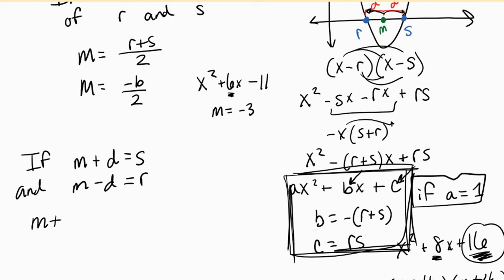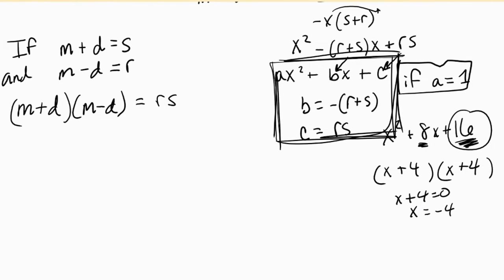And if it's the midpoint, that's true. Then we could take those two, m plus d and m minus d, multiply those together, and we would get SR. And just to keep it consistent, I'm going to use the commutative property, flip that around and say RS. Now, we could do a little bit of simplifying here, a little bit of multiplication. I'm going to skip some steps in between. If you want to pause this and work it out for yourself, feel free to do. But if we work down, we would end up with m squared minus d squared equals